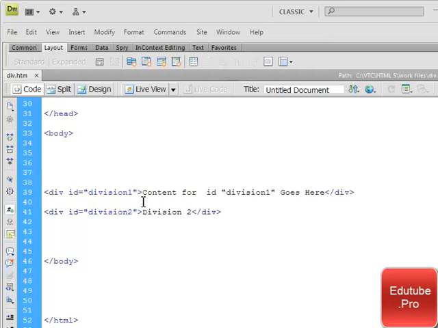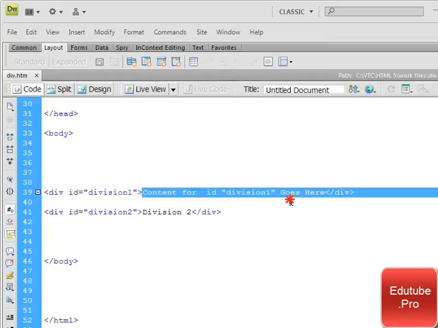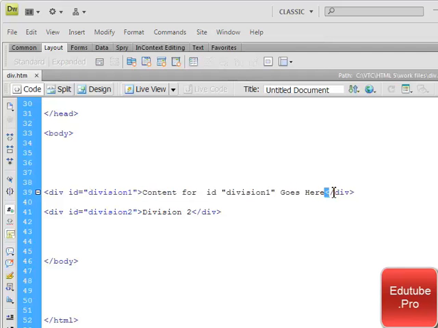Type a greater than sign to complete the opening div tag, and then create the contents of the division. In this case, I'm just typing in text, but I could put an image here. I could put flash, I could put a video in here. At the end of the division, type less than / div and then greater than to close out that division